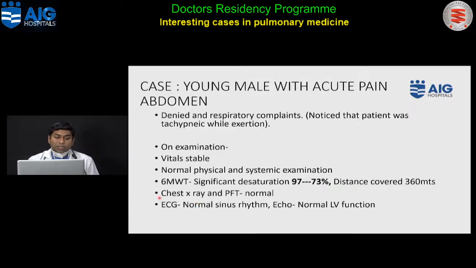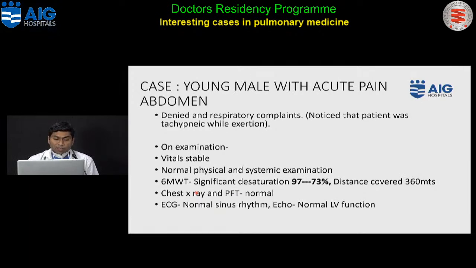So mind you, the chest X-ray is normal. We have always learned from our MBBS days that when a patient's breathlessness or hypoxemia is disproportionate to the chest X-ray findings, what is the thing to be suspected? It is pulmonary thromboembolism. Here similarly, as this patient's chest X-ray was normal, clinical examination was normal, and there was desaturation on exertion, we suspected that this patient might be having an underlying pulmonary thromboembolism.